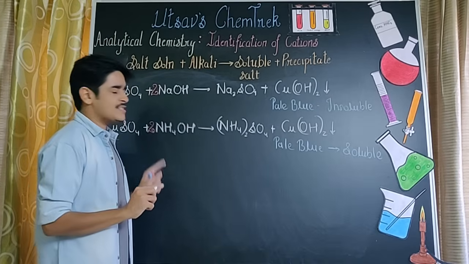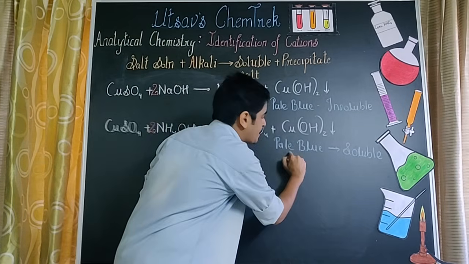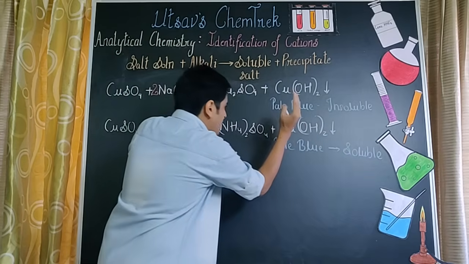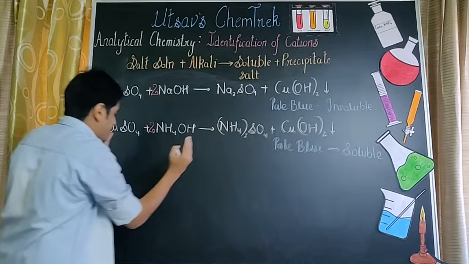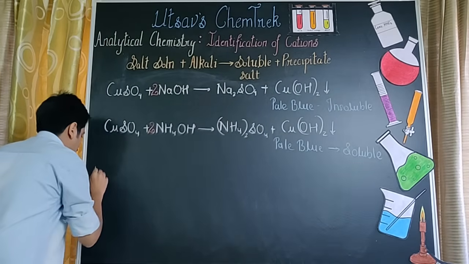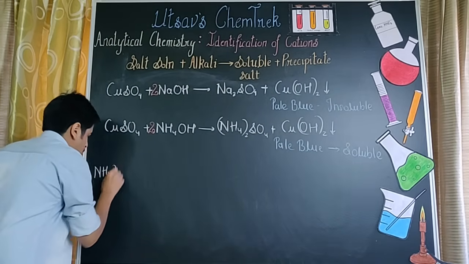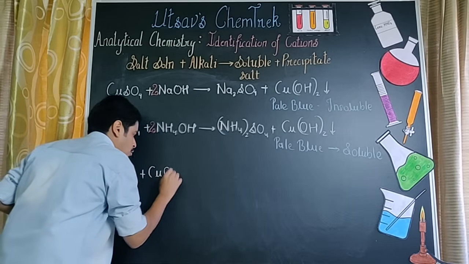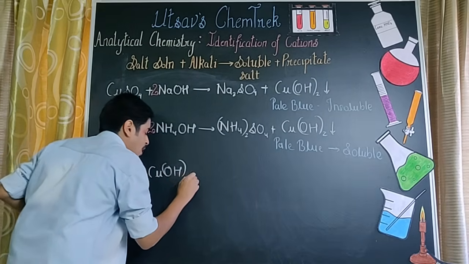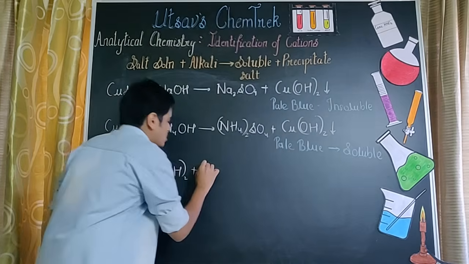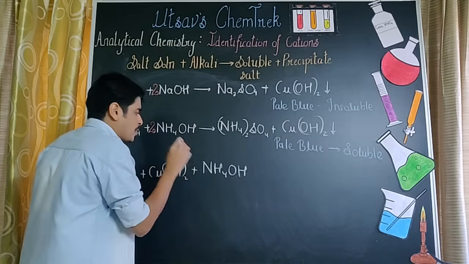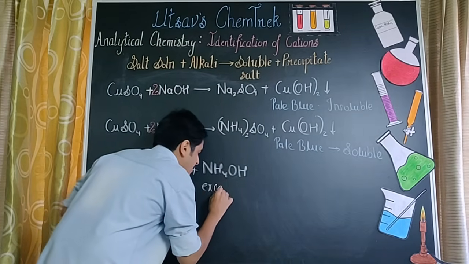Now in this particular case, if you all see, I said that this pale blue precipitate is going to dissolve, मतलब वो soluble होने वाला है. I'm going to take both these products and I'm going to shift them towards the left hand side. So I start writing (NH4)2SO4. My precipitate जो इस वक्त dissolve होगा which is Cu(OH)2. अब वो dissolve किस में होगा? It is going to dissolve in NH4OH only, but this time this ammonium hydroxide is going to be in excess,